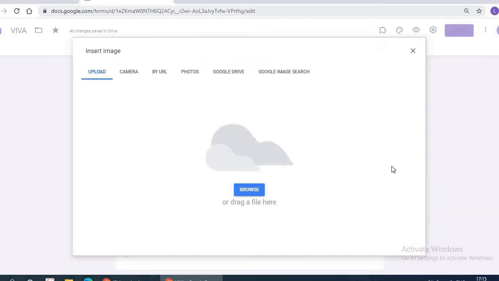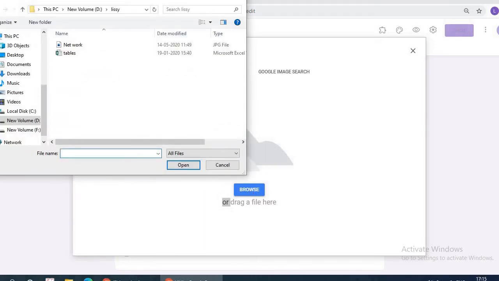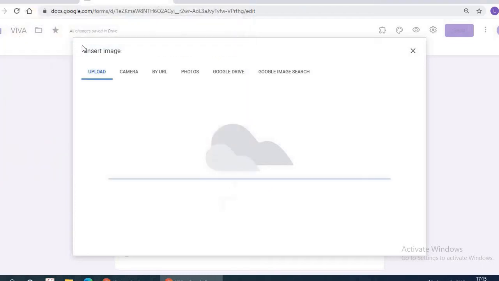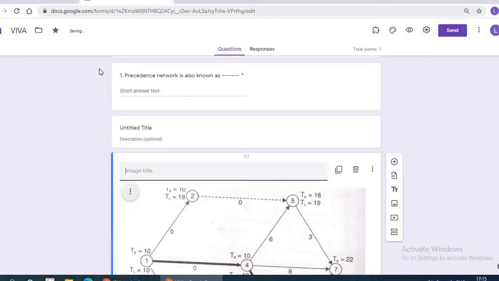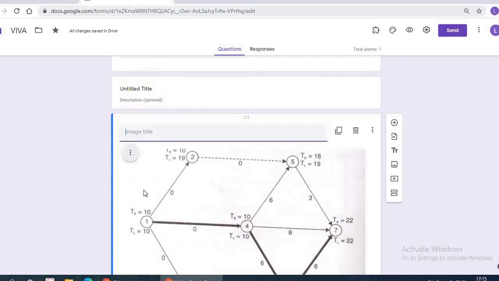Now this is for uploading an image. Browse it, and upload. Okay, the image will be uploaded in the required question.